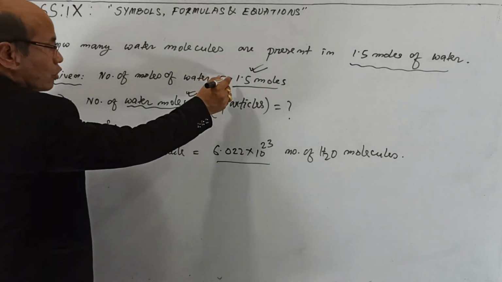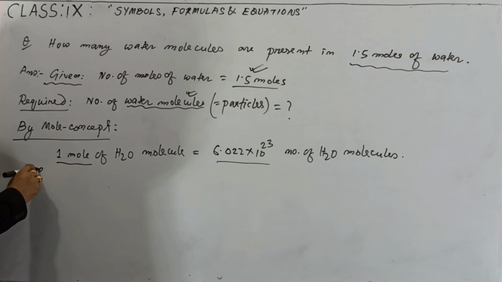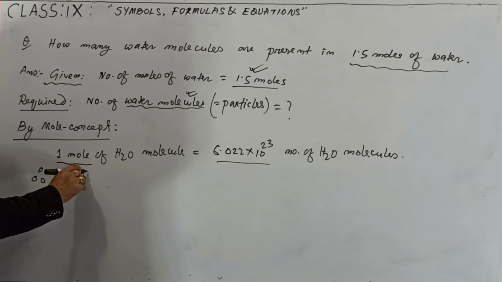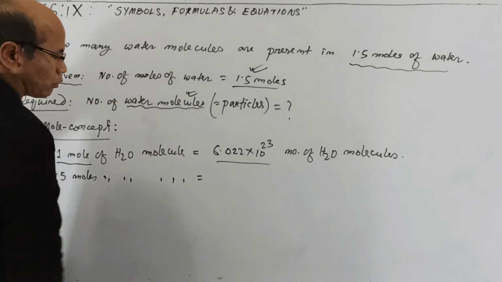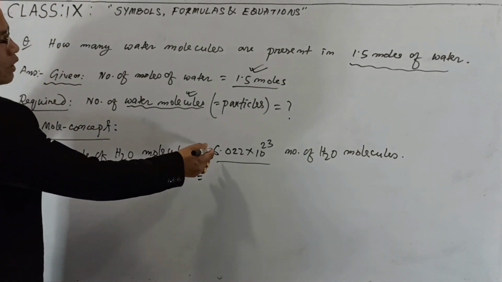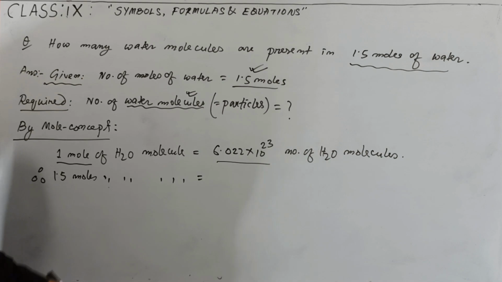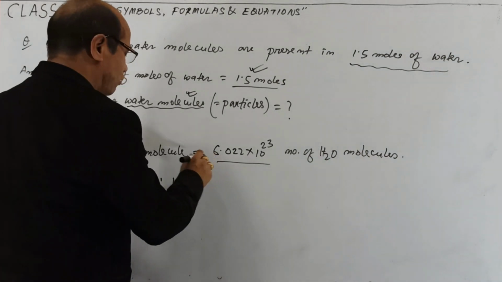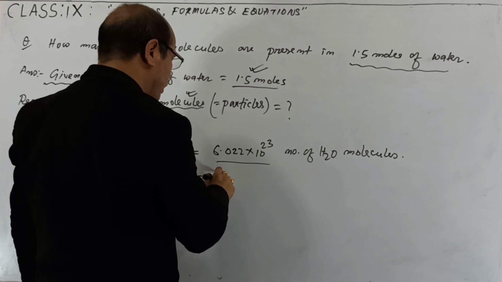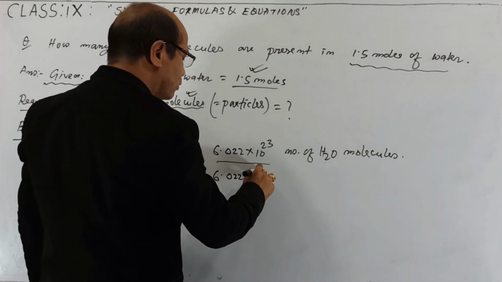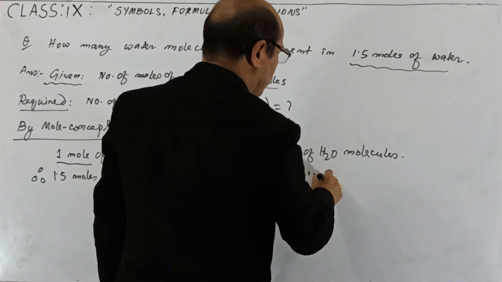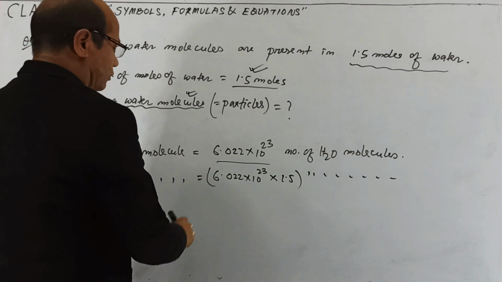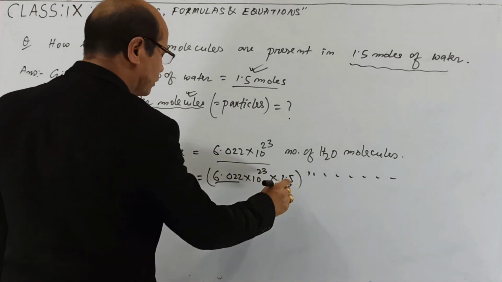But in the question we are given 1.5 moles. Then you can find out very easily by using unitary method. Now you write 1.5 moles of water. Then how many water molecules should be there? If there are 6.022 into 10 to the power 23 number of water molecules only in 1 mole, so for 1.5 moles, this should be 6.022 into 10 to the power 23 into 1.5 number of water molecules. Then simply you can multiply these 2 numbers like this: